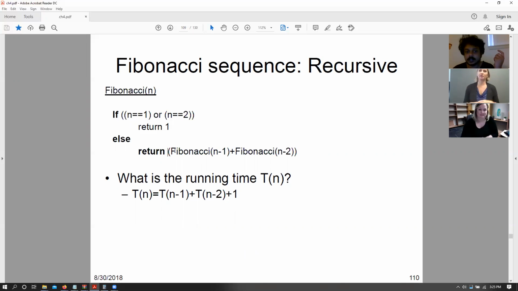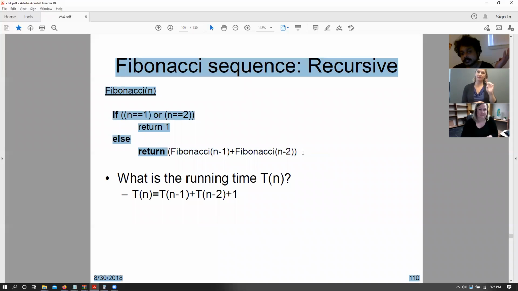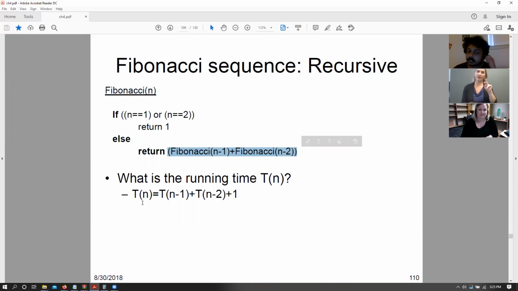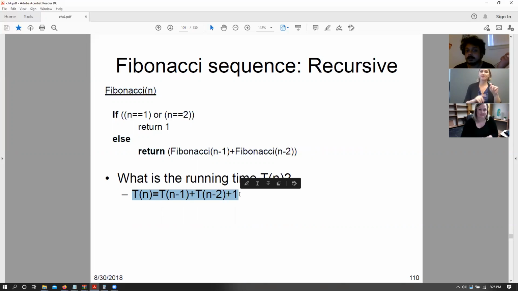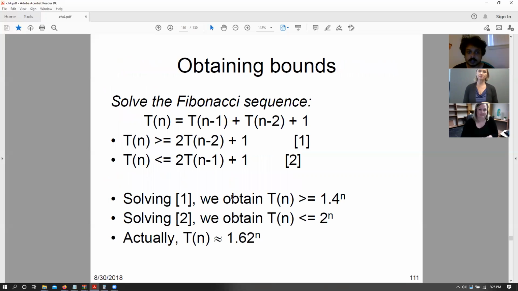Where essentially we are returning Fibonacci of n minus 1 plus Fibonacci of n minus 2. The time complexity for this thing basically becomes T of n equals T of n minus 1 plus T of n minus 2 plus 1, because the merging complexity is just adding 2 numbers, right? Okay. So now we can obtain these bounds by solving this thing, but we can actually say that we can